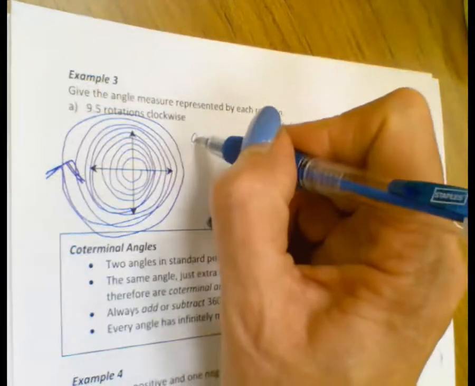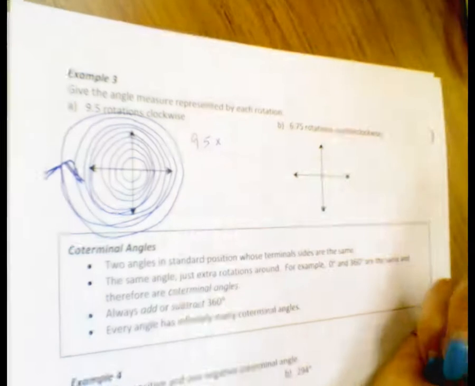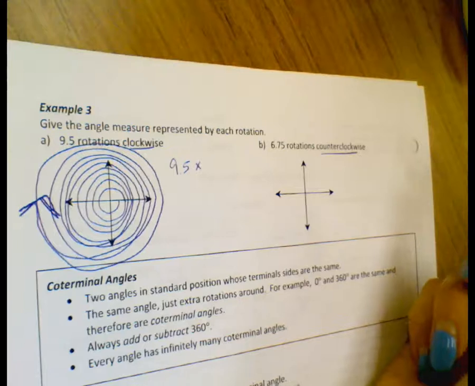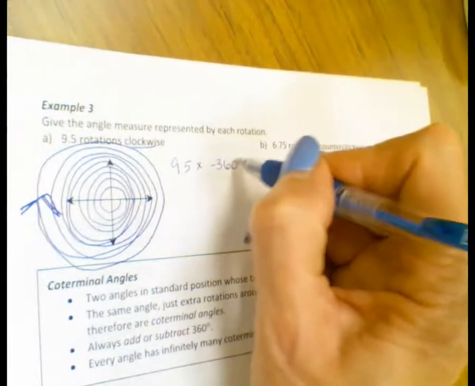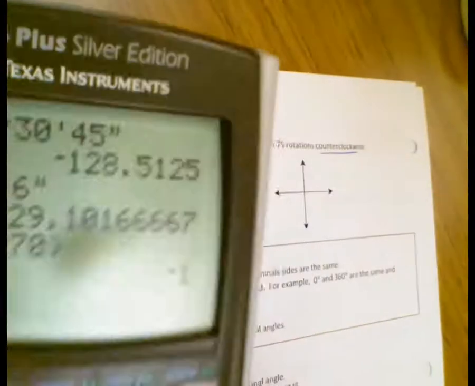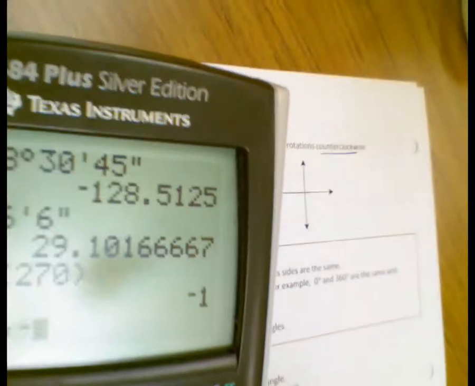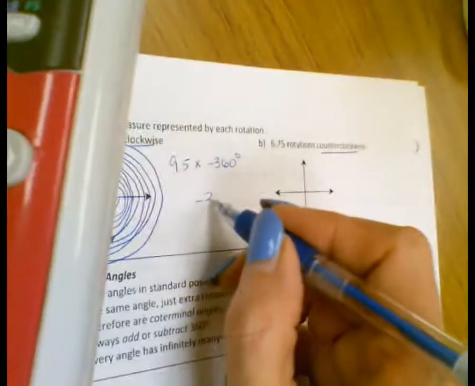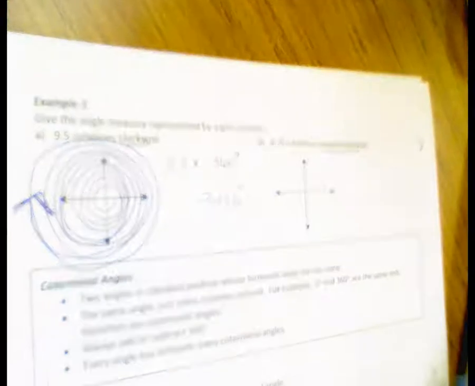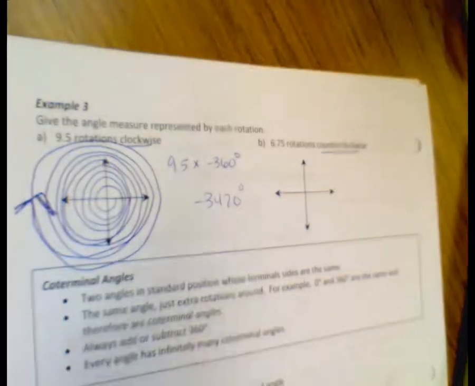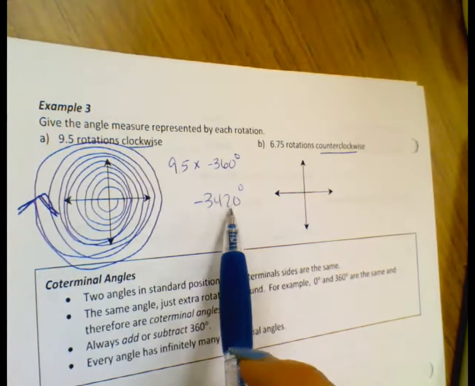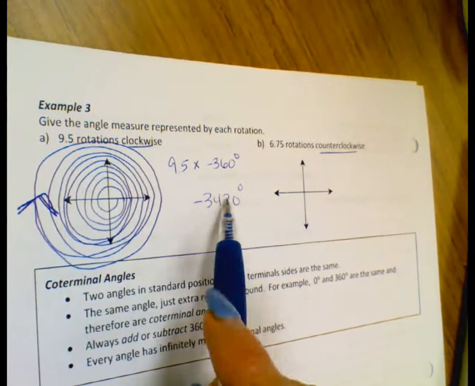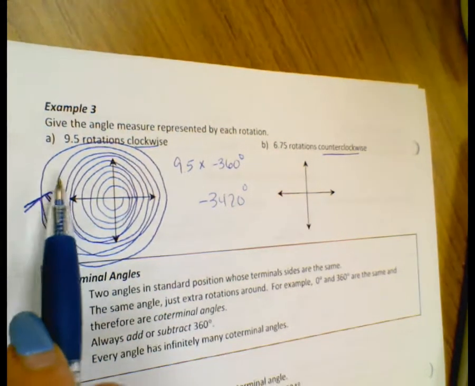But what is that angle? So 9.5. So you are either going to multiply by 360 or negative 360, depending on the word clockwise or counterclockwise. Clockwise means negative 360. So your answer is whatever 9.5 times negative 360 is. So it's negative 3,420 degrees. That's what this angle is right here. But that angle is obviously too big, and I'll show you when I go to coterminals a way to get this to be a much more reasonable answer. Like for example, this is 180. I can show you how you can get 180 from that